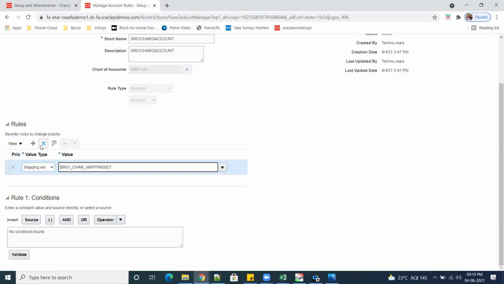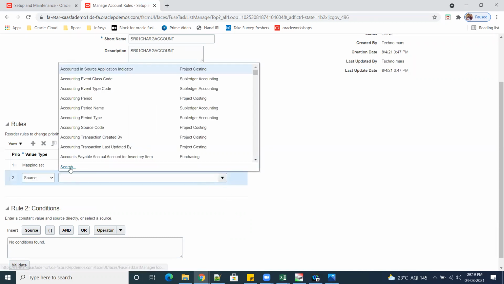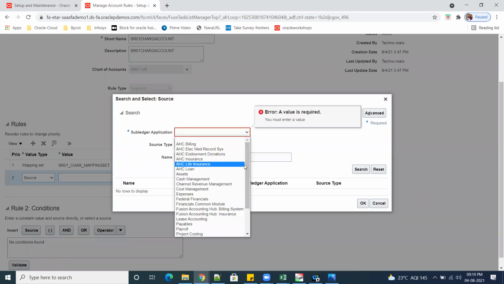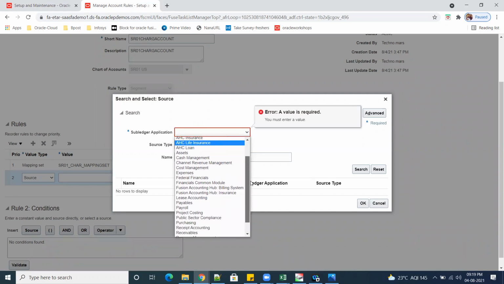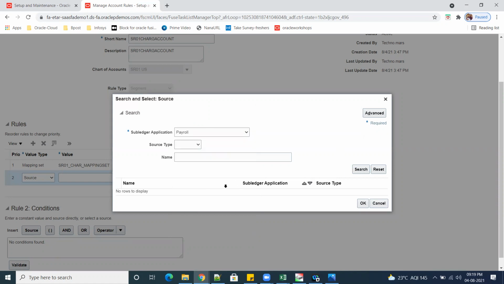For example, let us say I have two conditions like that. One is the source. So I'm telling the source of the charge account is, let us say, user. Okay, so here subledger, from where, payroll, I guess. Let us search.